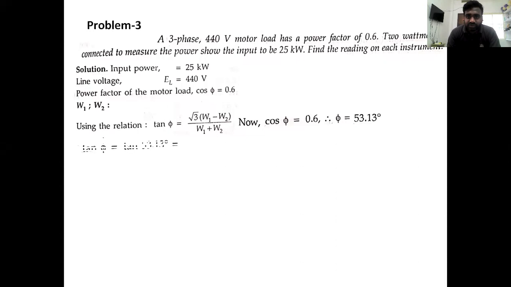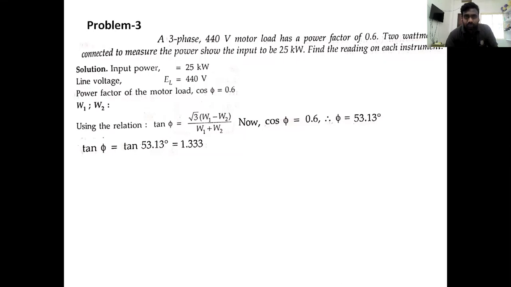If we substitute the values further in the expression, what is the value of tan phi? We need to calculate tan phi. The phi value is 53.13 degrees, so I substituted it here: tan 53.13. What is the value of tan 53.13? 246 got 1.33, 212 also got 1.33, and I myself got 1.33. Let me check the answer. That is 1.33.